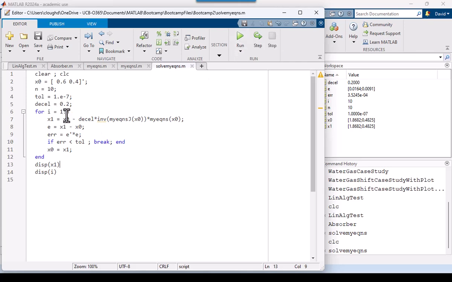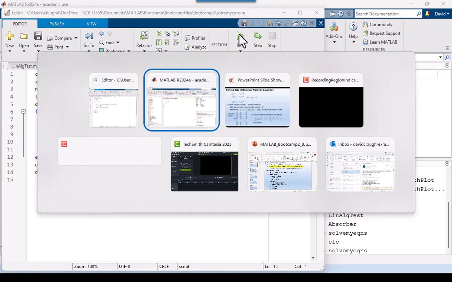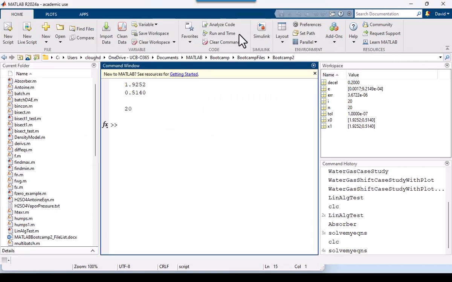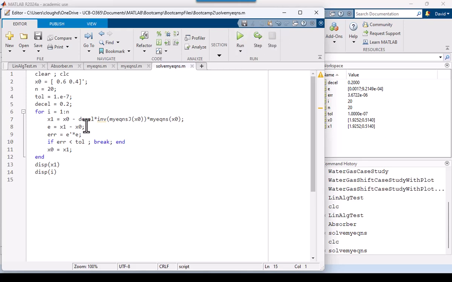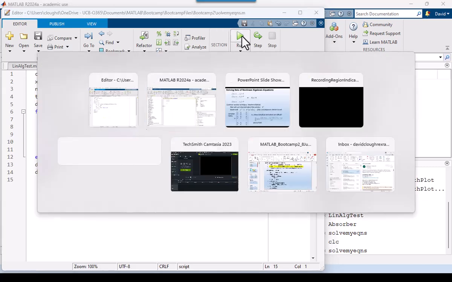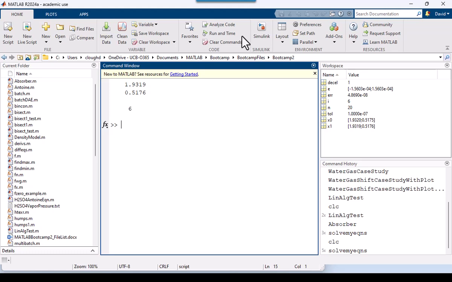So if I include my maximum iterations and take it out to, let's say, 20 maybe, let's see what happens with that. It still is converging at 20. Whereas if I set my deceleration factor to 1, which means no deceleration at all, and run that, that should take us back to converging within 6 iterations. Okay, that's maybe more detail than you wanted to see, but I wanted to illustrate at least once the steps that we go through